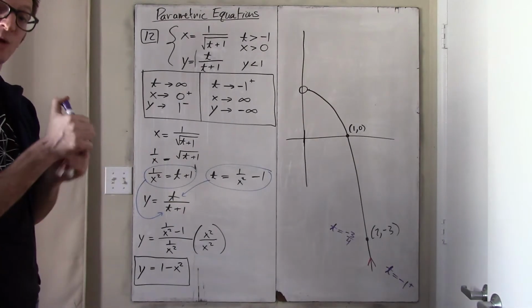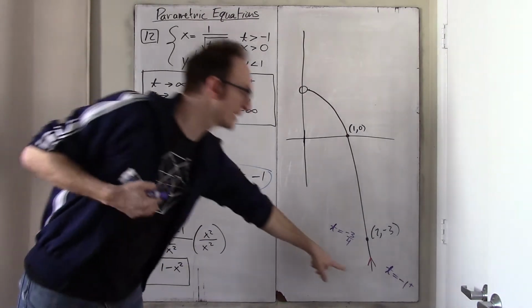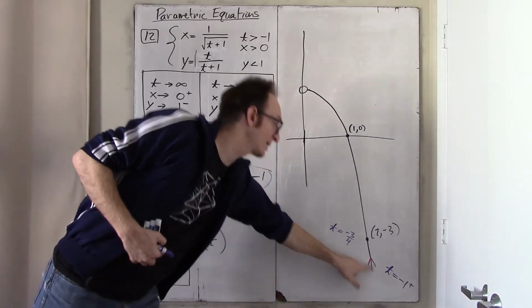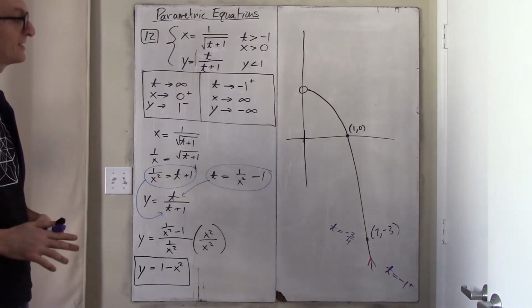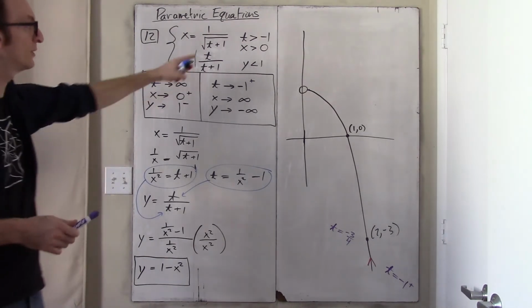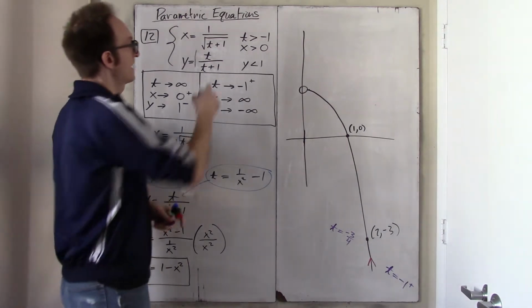Which means it takes me 1/4 of a second to get from the infinity all the way down to the bottom of this parabola up to the point 2, -3. And then, alright, what's another sort of easy number to plug in? Well, just how about 0? If you plug in 0 for t, then you just get,